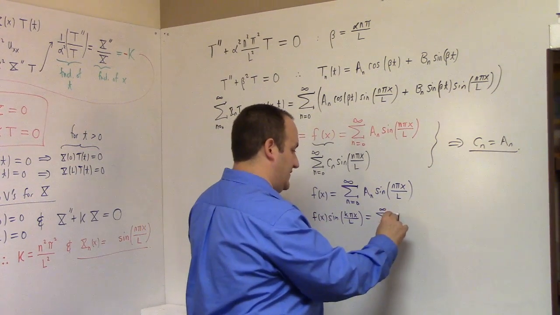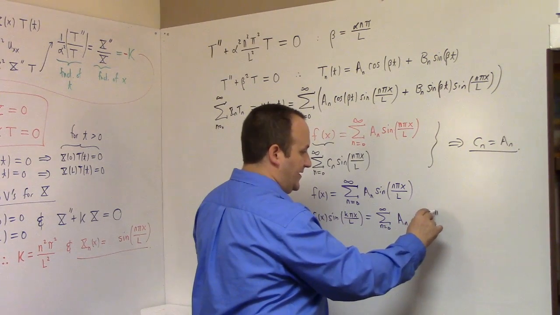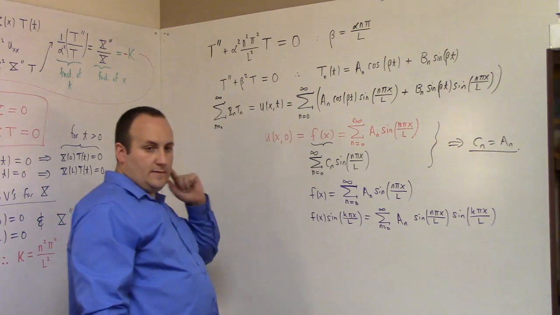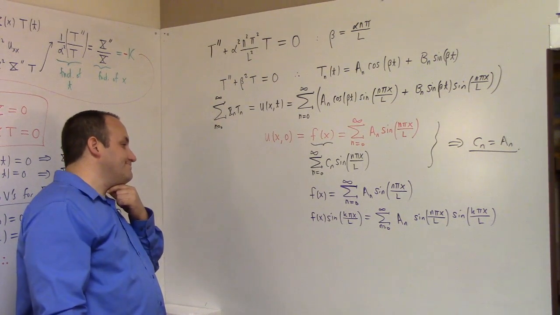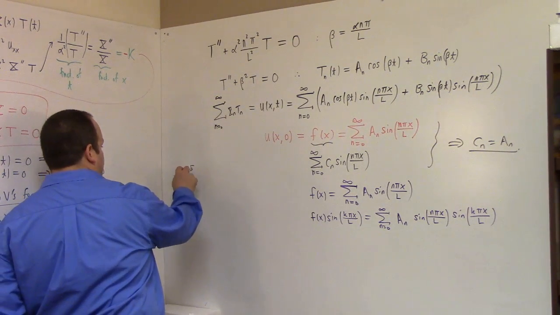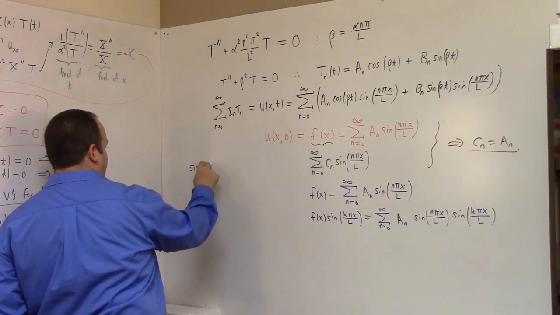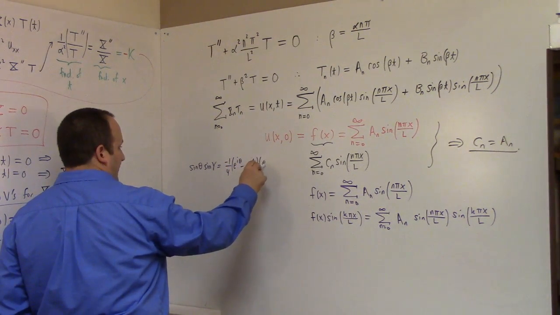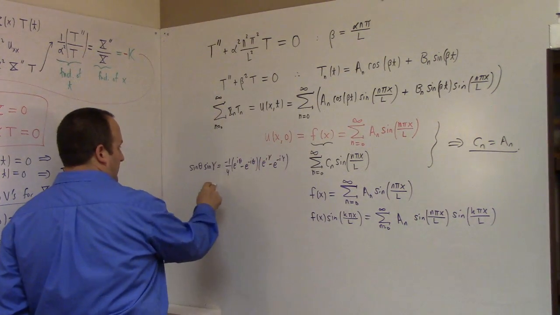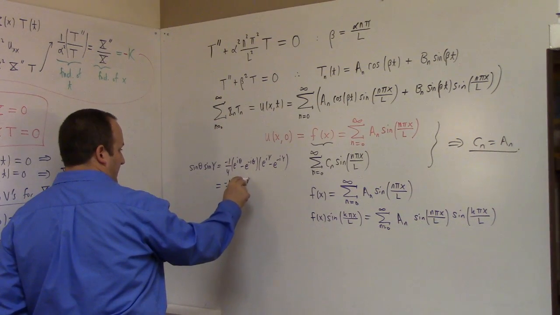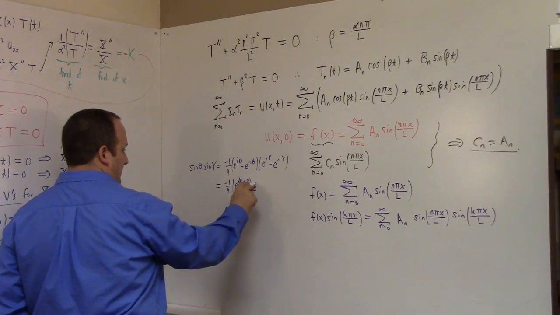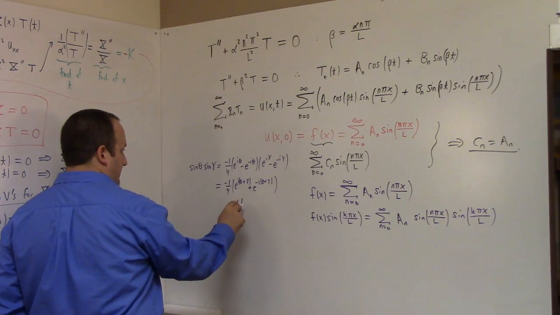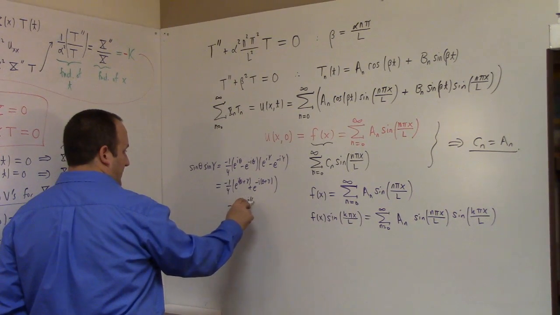So this is A sub n sine n pi x over L, sine of k pi x over L. Quick reminder, if we have the sine of theta times the sine of gamma, that's minus 1/4 times (e to the i theta minus e to the minus i theta)(e to the i gamma minus e to the minus i gamma), which is minus 1/4 (e to the i(theta plus gamma) plus e to the minus i(theta plus gamma)) minus 1/4 e to the i(theta minus gamma)